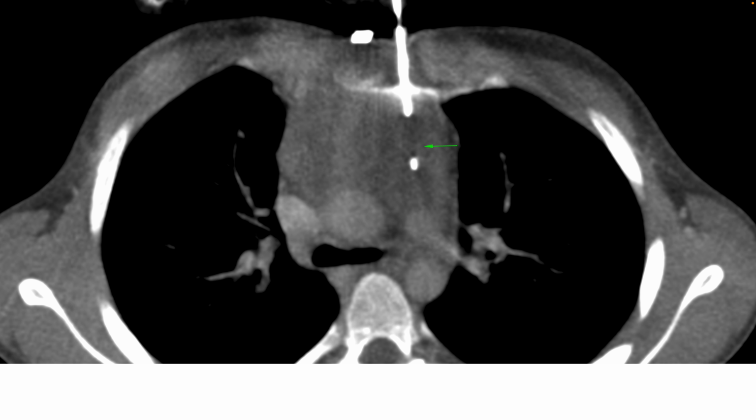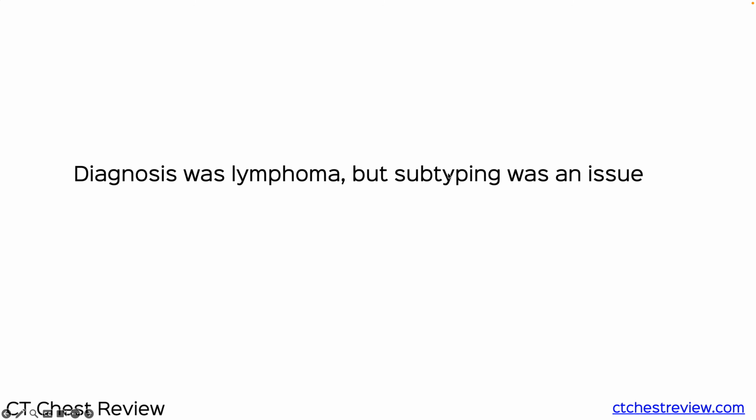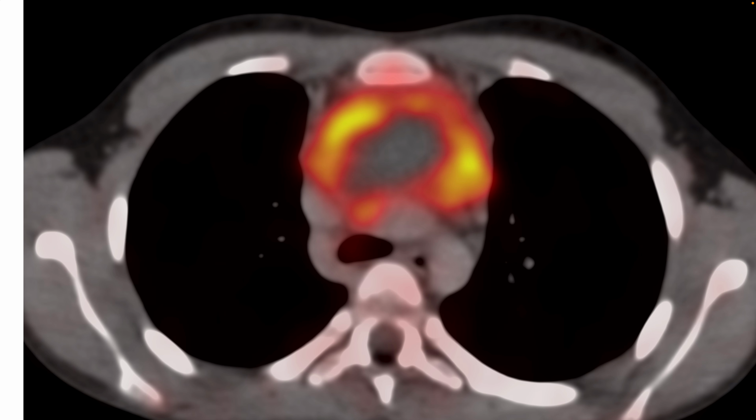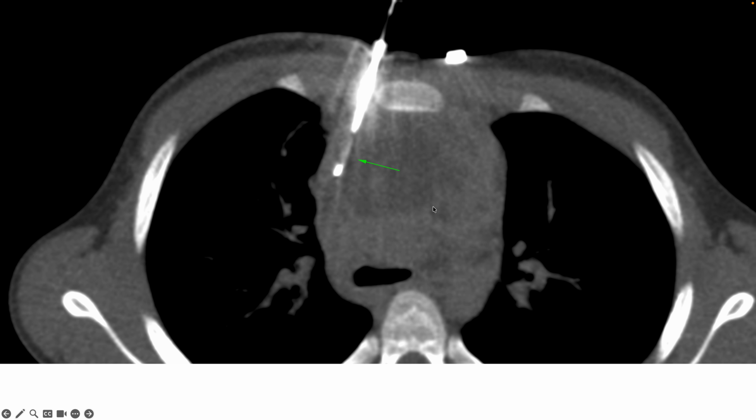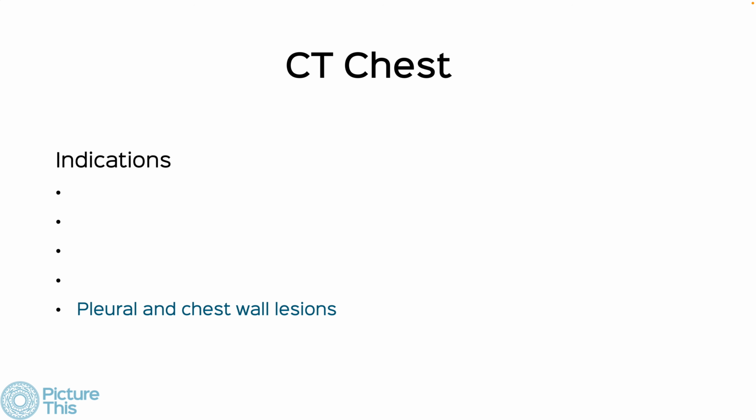PET, biopsy, both. The patient wanted a biopsy directly, didn't want a PET. Did it, turned out to be lymphoma, couldn't subtype. Then we did a PET, found that this was necrotic, so we had to biopsy only the periphery, which I did again, and it turned out to be marginal zone lymphoma. So mediastinal lesions have to be worked up and almost always biopsied, unless they're obvious vessel lesions or